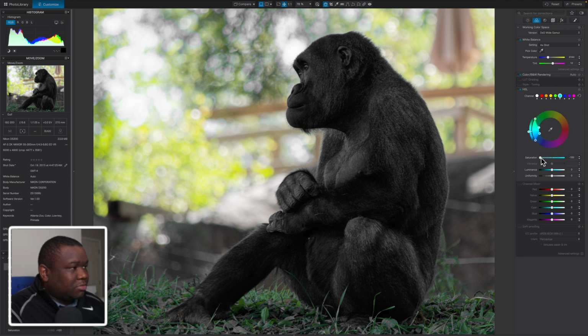And now we'll get into the blues, and we're just going to do the same thing. And who knew that there was so much blue in the grass? So with that, I don't really care for the blue in the grass. So I want to move my blues over towards the greens. So I'm just going to go ahead and grab this little marker here and start to shift the blues ever so slightly towards the greens. So that way I get a little bit more green instead of blue look in the overall image,